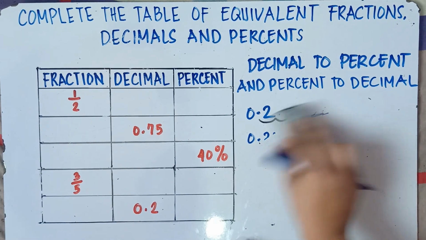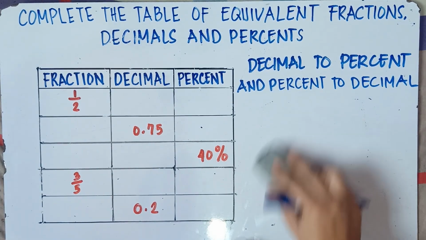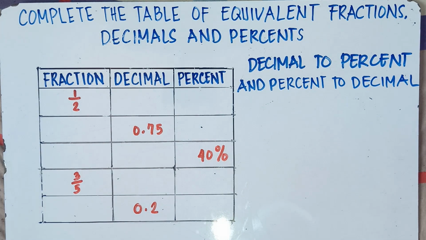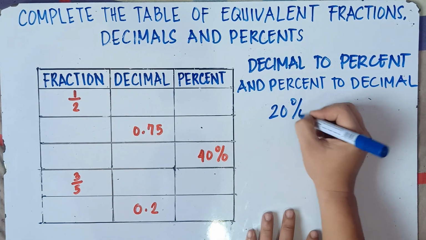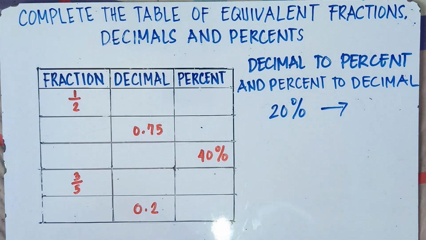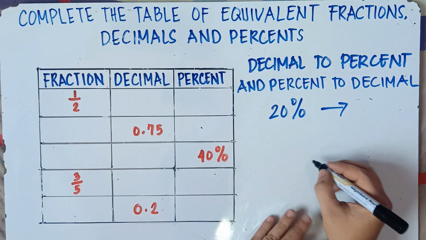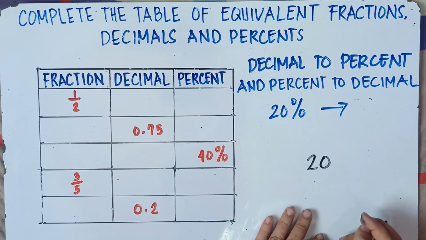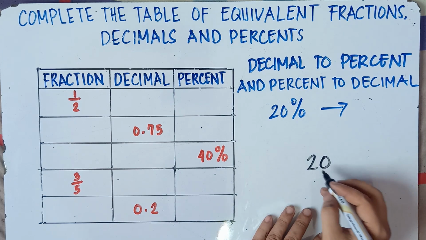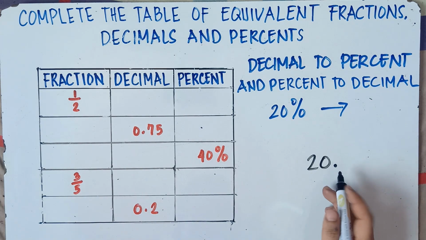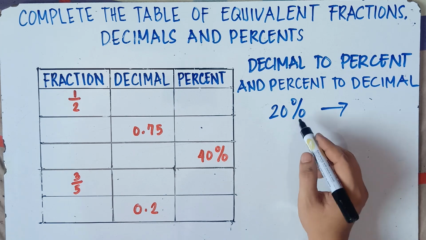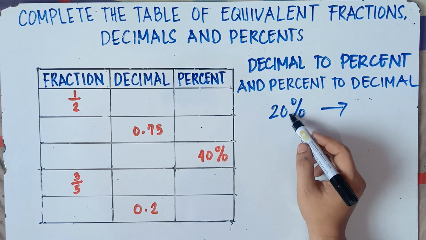Alright, so once again, a while ago, we converted decimal to percent. That would be left to right. Now, for percent to decimal, you do it in reverse. That would be right to left. Example, class. 20%. How will you convert that one into decimal? A while ago, that's left to right. This time, of course, the whole number, class, example 20, we know that the decimal point would be after the whole number, right? The decimal point is always after the number. So therefore, there is a point right here.